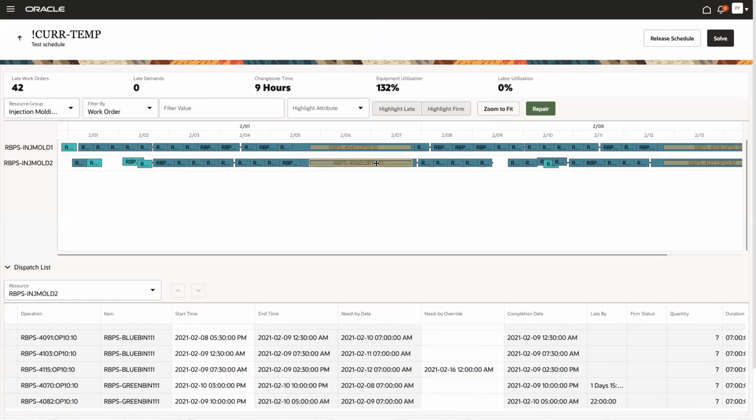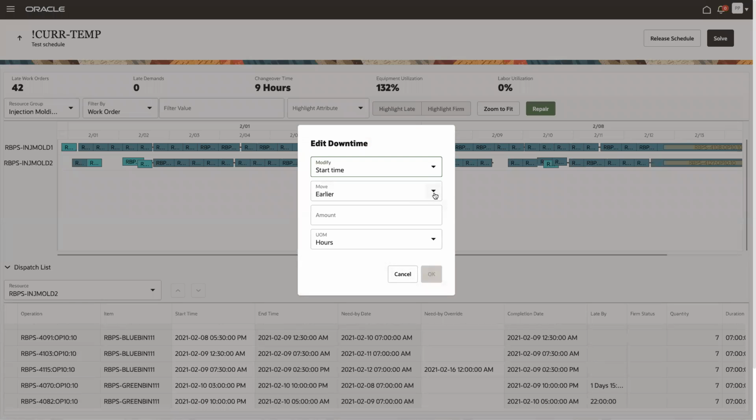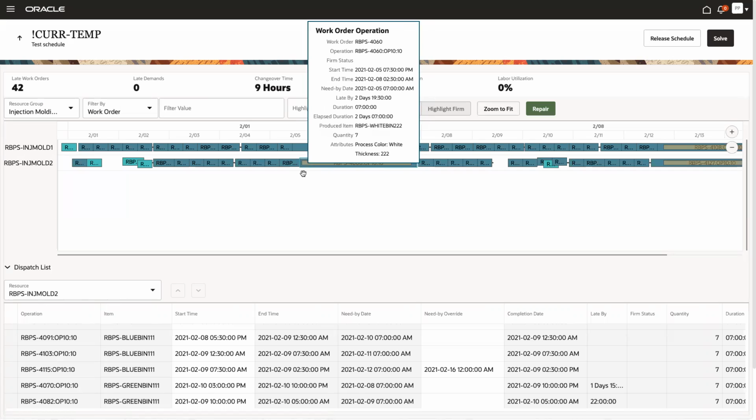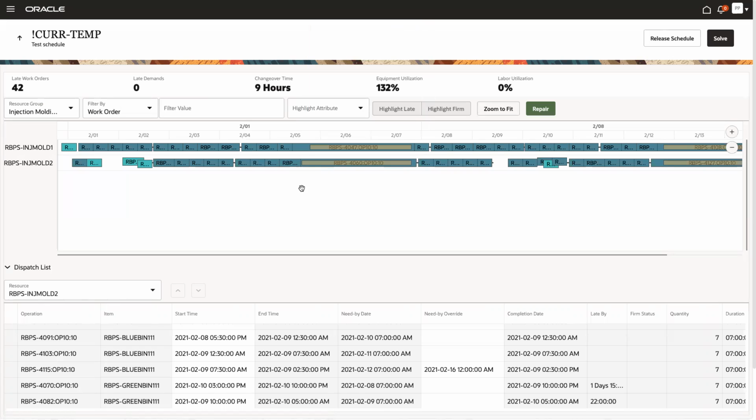And similarly, the changes that I can perform on the calendar events, on the downtimes, also require a solve. So if I move the start time of this event earlier by, I don't know, let's say 4 hours, then this change now is essentially an extension of that calendar event. I send my shop floor folks 4 hours earlier into the weekend. This is another change that requires a solve.